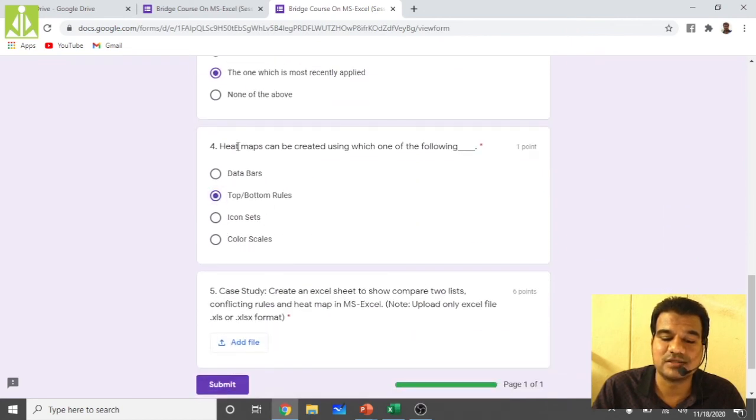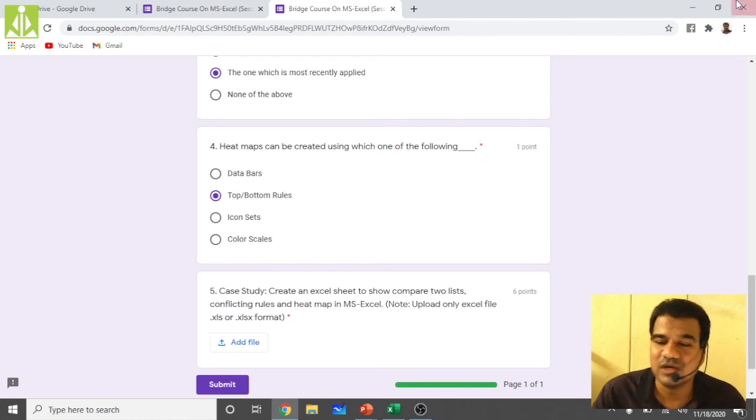After answering all the queries, your case study part, it is asking you to upload a file, add file. So try to make the file of Excel only. Many of you are simply taking the images, taking the screenshots and uploading. Don't do that one. I will not accept. If you have done previously, again go to that link, because the links are still open. You can go to that link and you can upload the actual Excel file what you have practiced.